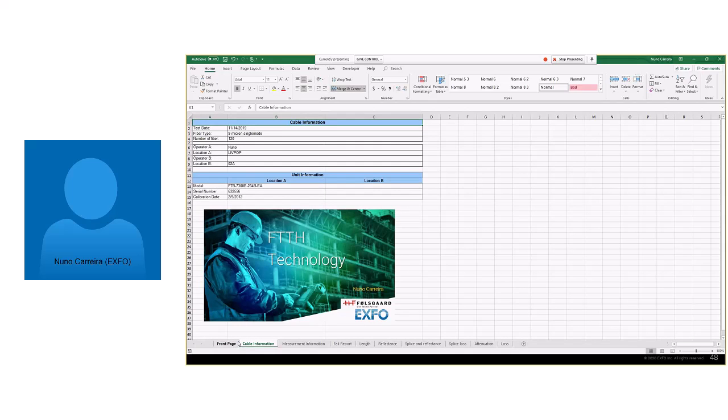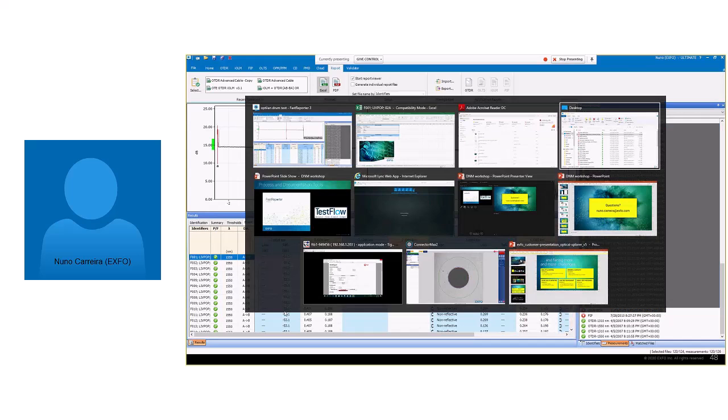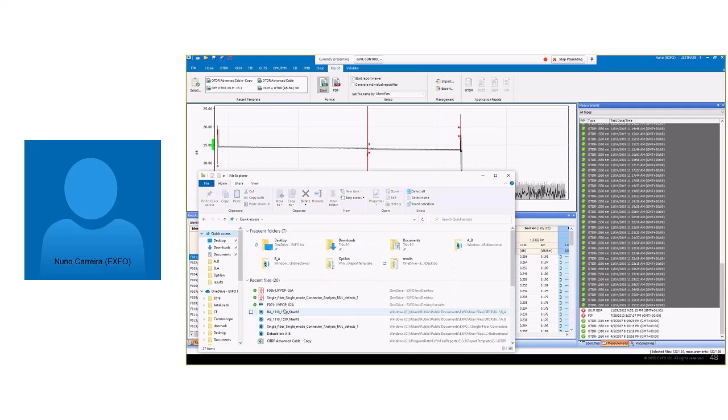For example, if you already have templates that you normally deliver or that are requested by your customer, which have a specific format where you need to have the fibers on the right side and you have the pictures, you can use these templates. There are other templates as well, so I can show you how a template looks and how it can be customized quickly. So if I open the default one which I'm using,